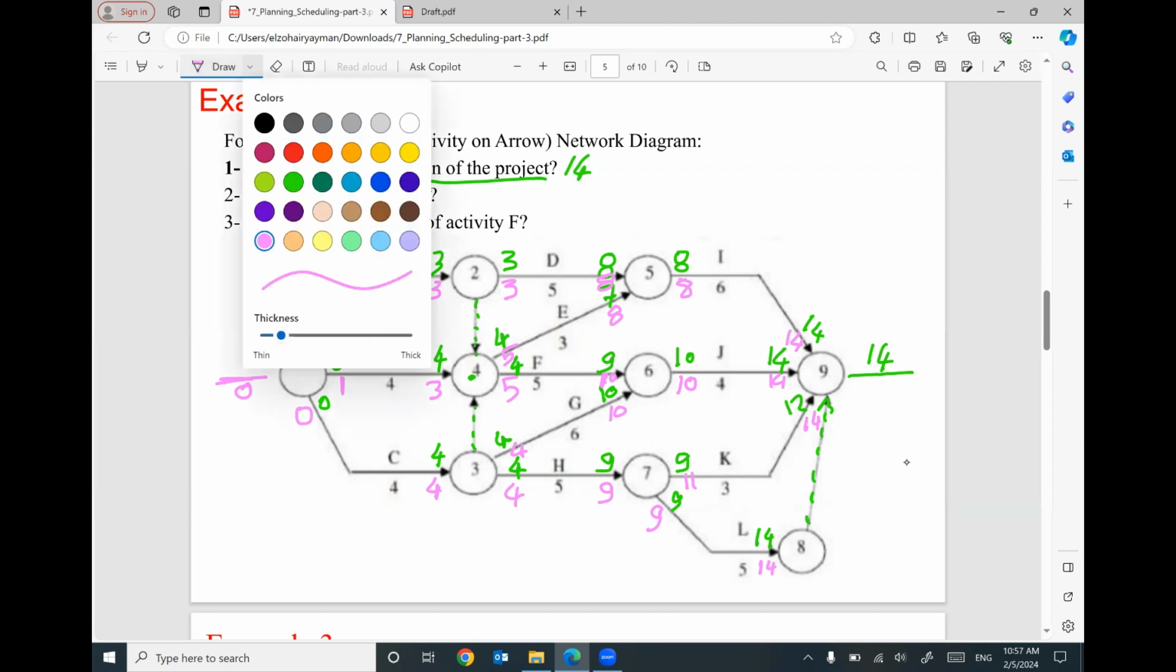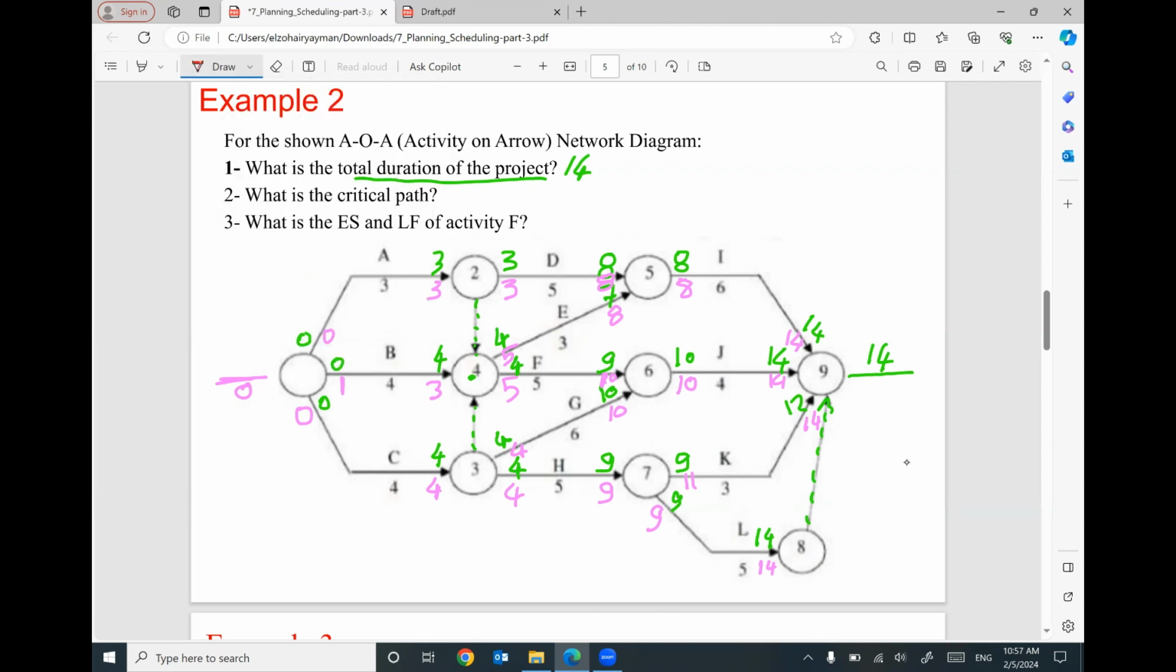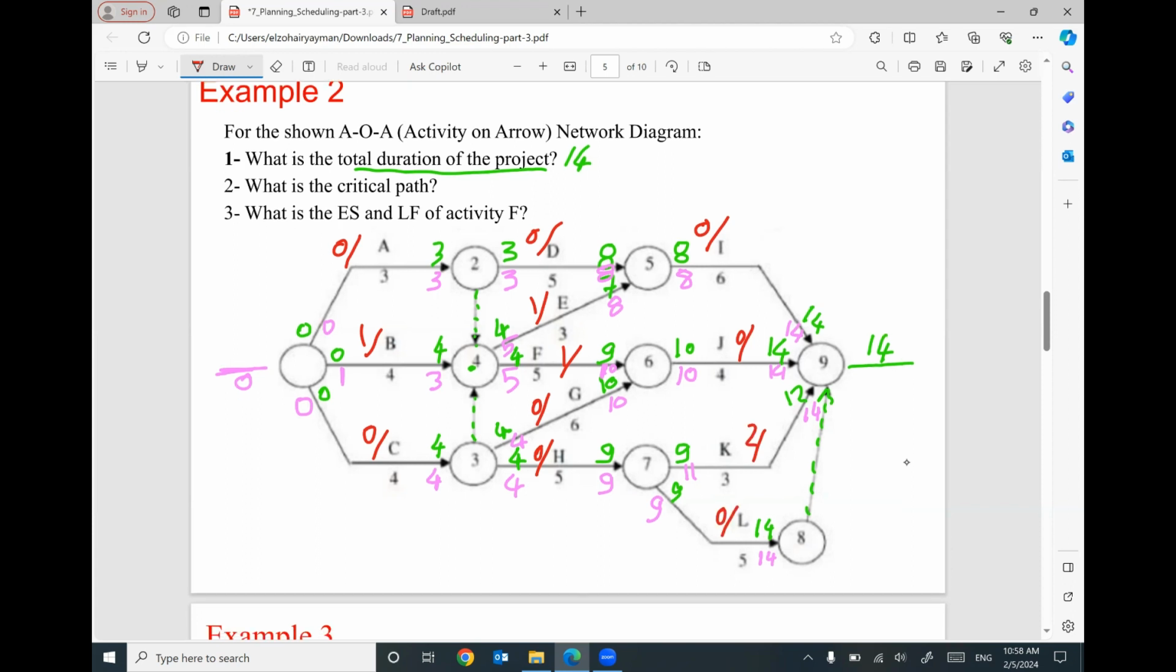So if you look at the total float for each activity, for activity A, we have 0. For activity B, we have 1. For activity C, we have 0. D, we have 0. I, we have 0. E, we have 1. F, we have 1. G, we have 0. H, we have 0. J, we have 0. K, we have 2. L, we have 0. Looks like we have many